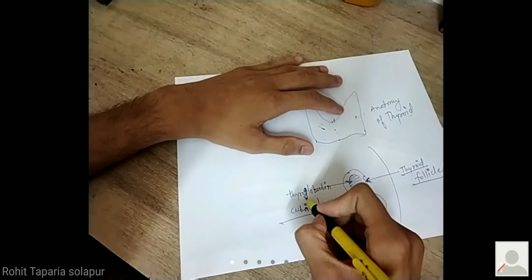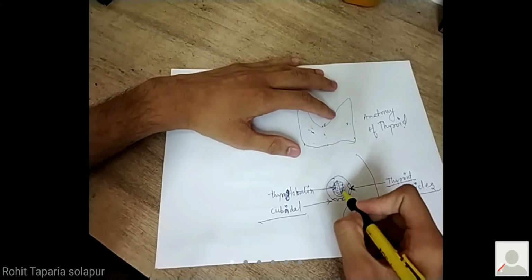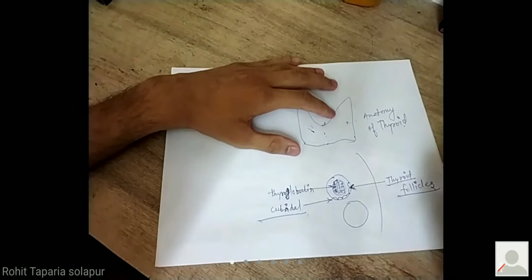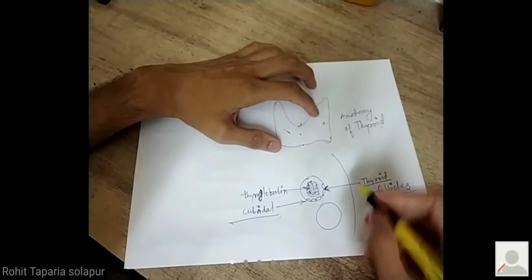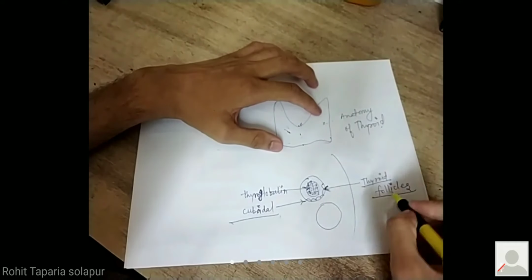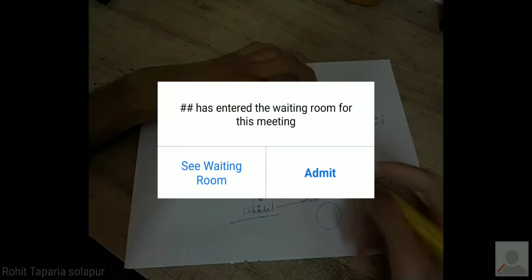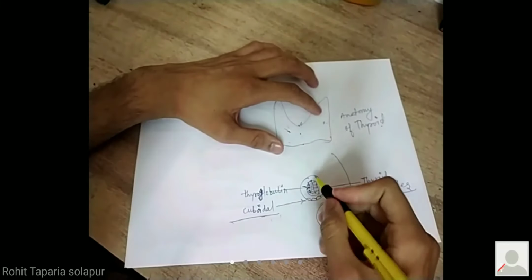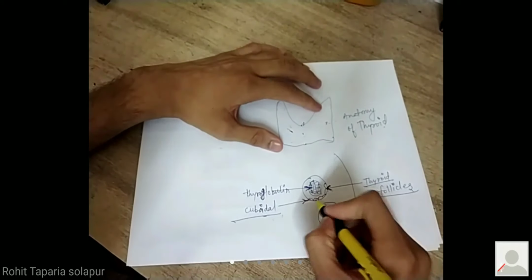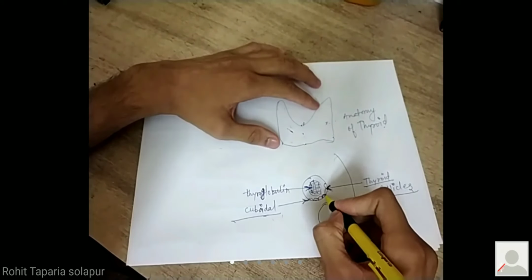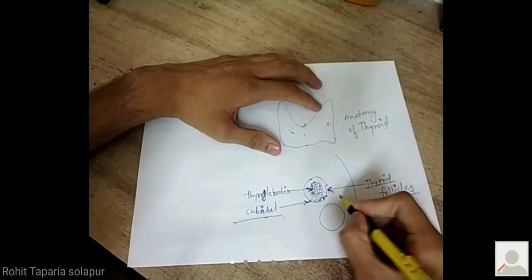What you will say? Rohit Tapadia is boring us with this discussion. But it is of utmost importance to know all this if you want to know thyroid function test. I'm just trying to summarize things very briefly, not going into the details. So this is the thyroid follicle and cuboidal follicular lining. You understand the concept, what I want to make you understand. Here is the cuboidal lining. So these are the thyroid cells which are secreting, and here there are parafollicular cells.